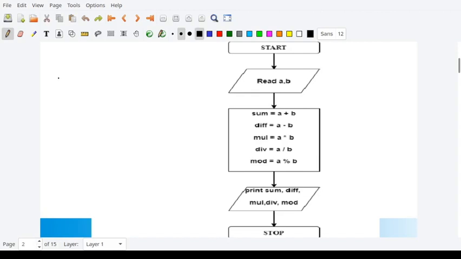In this video, we will be studying how to write algorithms. In order to write algorithms, we will have to divide our problem into subtasks as discussed earlier. So, suppose we want to find the sum of two numbers.